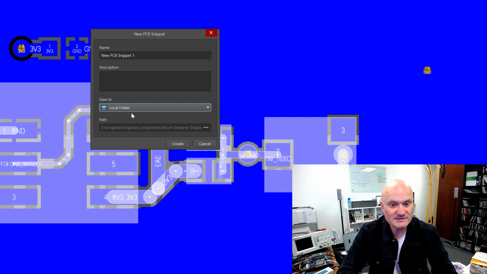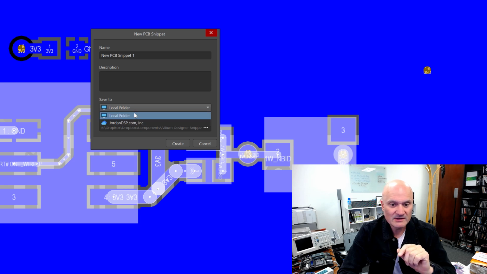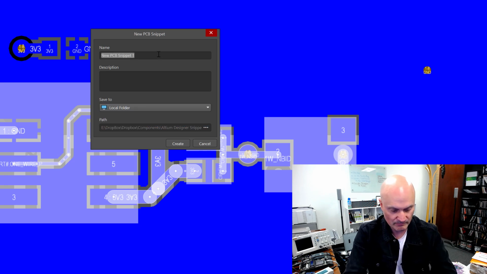But you can also save to the local folder, and you can define the local folders in your preferences or from the new design reuse panel that Nikolay was telling me about. So if I go to, let's just say I want to store this locally, just for want of a better location. So I'm going to call this one wire EEPROM ID, and I'm going to suffix it with PCB because this is the PCB side of the snippet, and this is a one wire bus